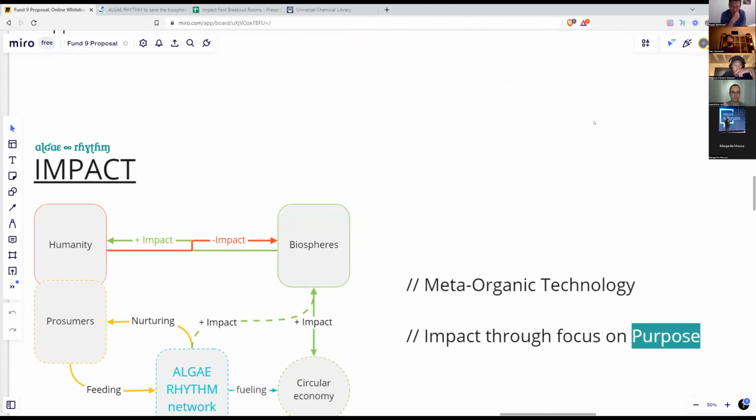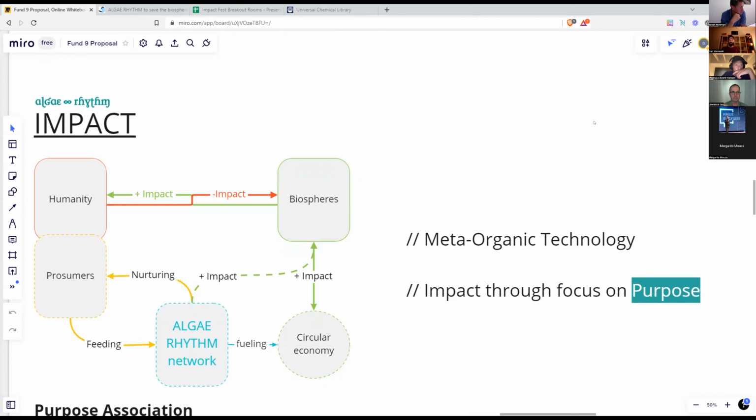The impact. There are so many resources dedicated to tech research and development. So why not use these resources in the same way that the ecosystem has sustained the planet for thousands or even millions of years, and invest our energy into evolving a more organic kind of technology, something like a meta-organic technology. And we use the microorganism model to